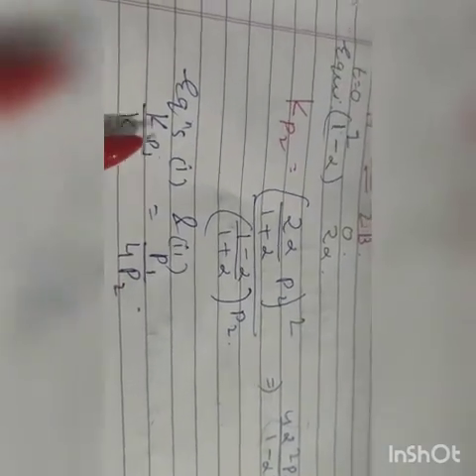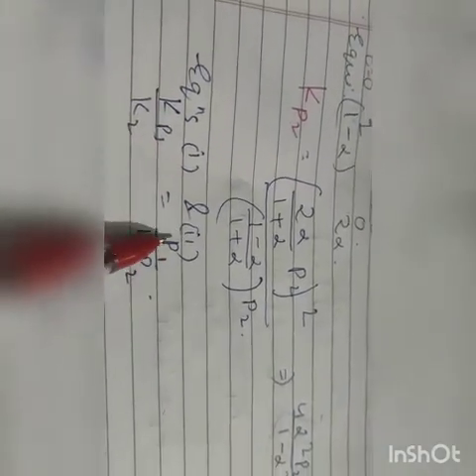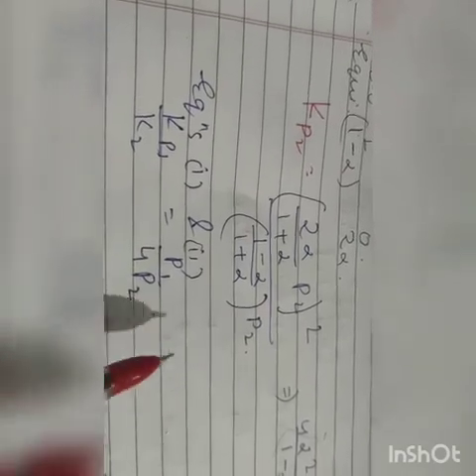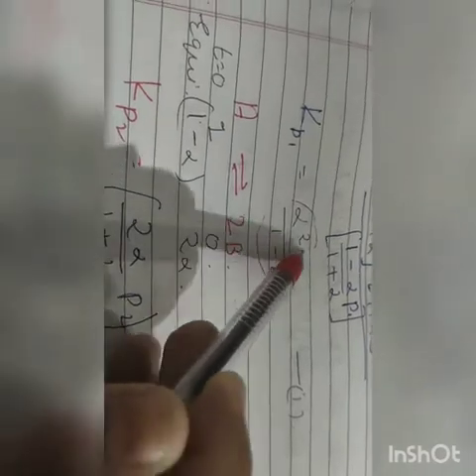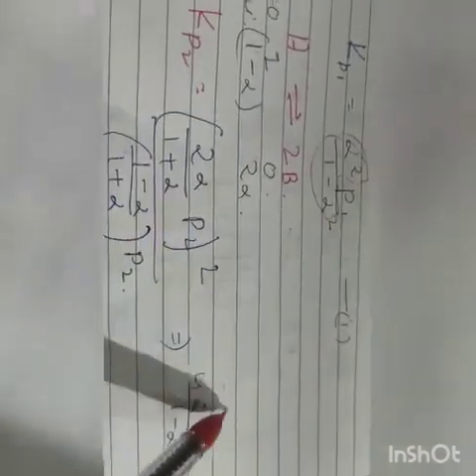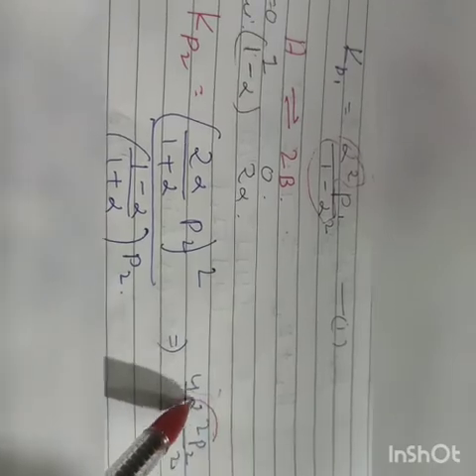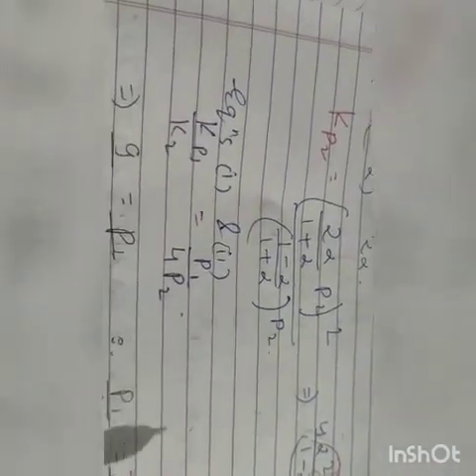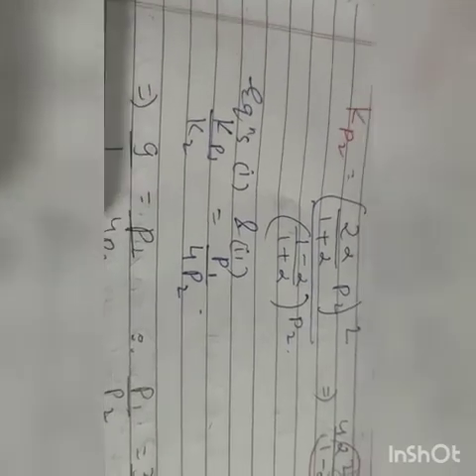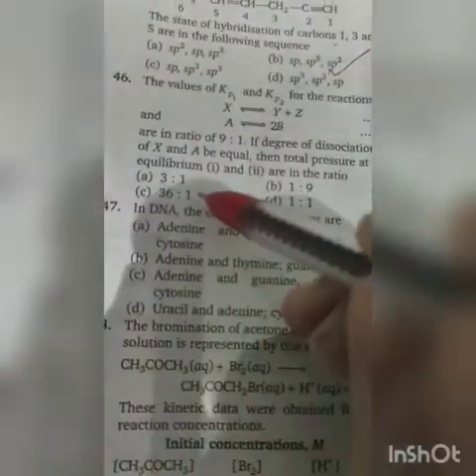So from equation 1 and 2, Kp1 by Kp2 is P1 by 4 P2. See, this thing is the same in both of them, so in this only P1 is left and in this only 4P2 is left. So we have just put the values. We know that Kp1 by Kp2 is 9 by 1, so we will put the value, and then P1 by P2 will be 36. So here it is 36:1.